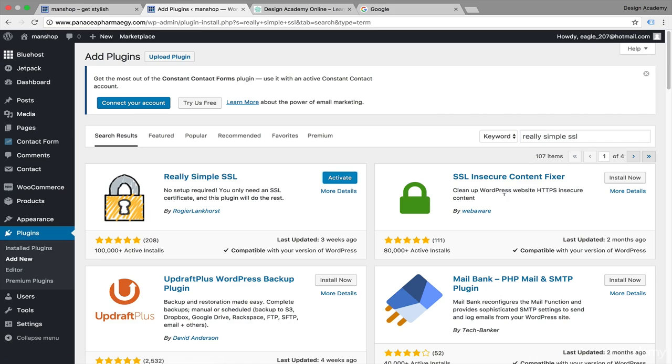Actually this one is very good as well. If you have links to images on other websites, this will fix your problems if you have problems with the SSL activation on your website. Now this one will do the thing for us. I mean, use the other one if you have a problem. Now let's activate it, or we can activate it from the installed plugins. Let's go to installed plugins